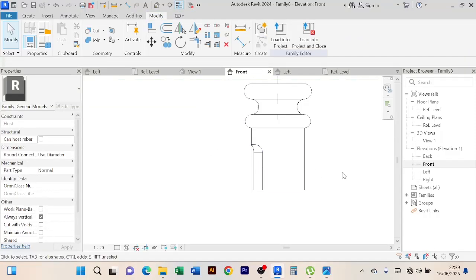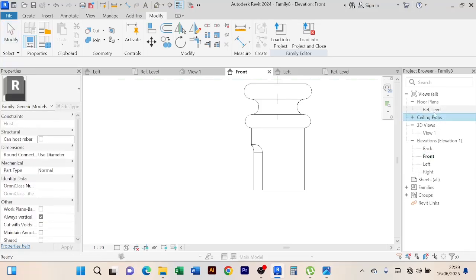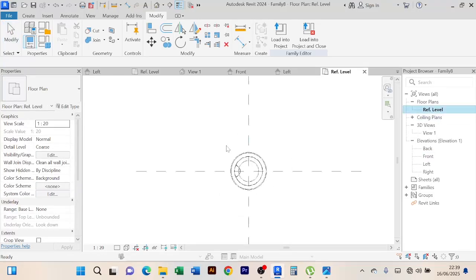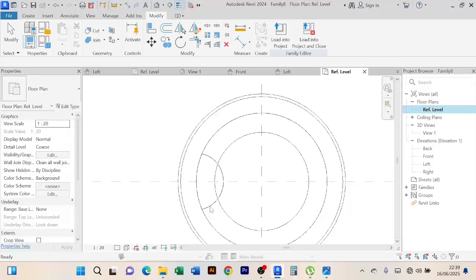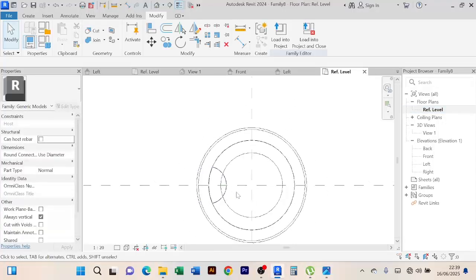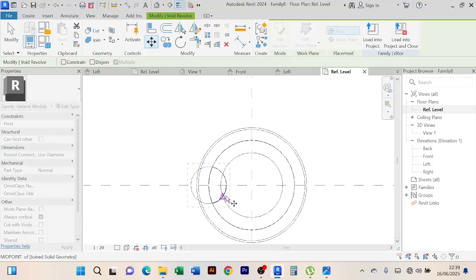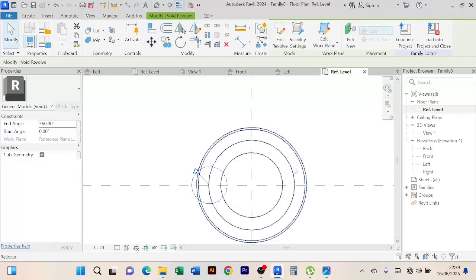And then of course you go to your reference line in the floor plan, just like that. Then of course you know what to do. Click on that, you move it, you move by 5 millimeters. And then you click on it again, you come to